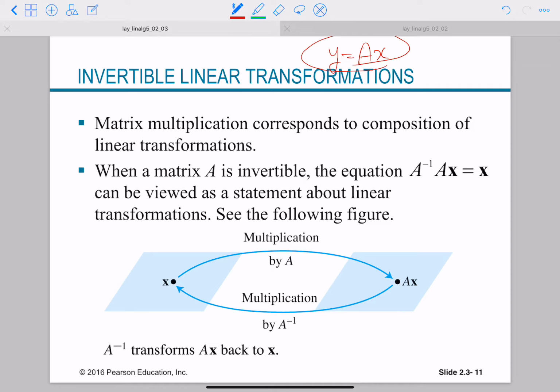We studied that. And in that case, from the perspective of a transformation, that mapping can be said to be invertible, or the inverse mapping exists. So inverse transformation in Korean,